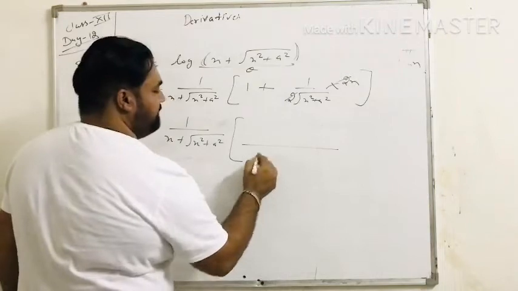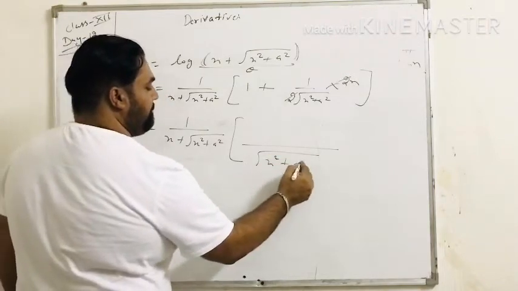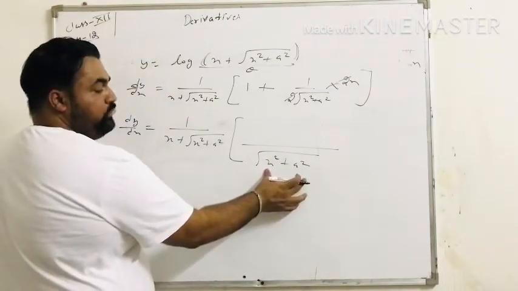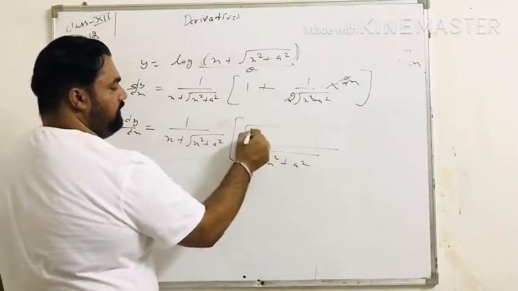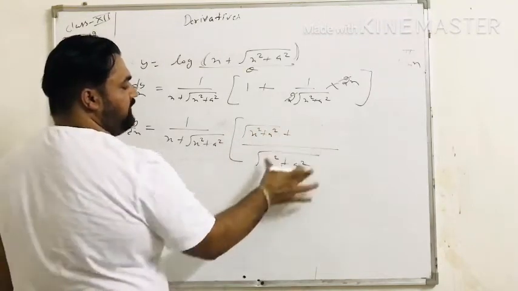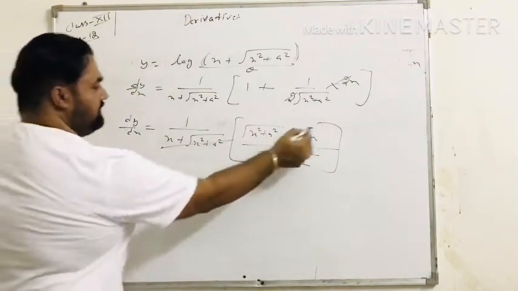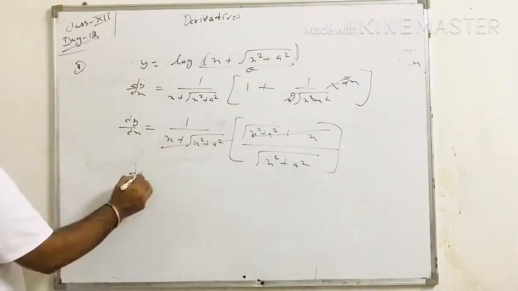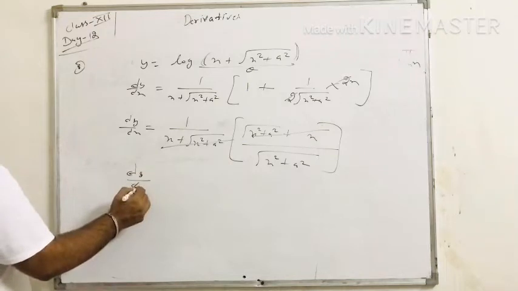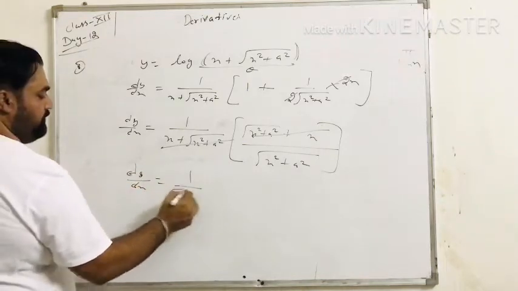Now we take LCM. Root x square plus a square multiplied by 1, root x square plus a square divided by 1 multiplied by x. Now these terms cancel out. So the final answer dy by dx equals to